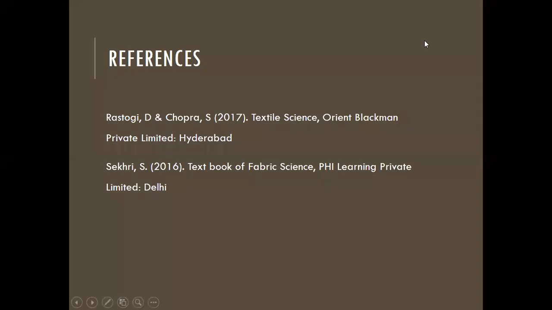Hence, to sum up, there are three styles of printing: direct, discharge, and resist, and one can easily distinguish between the three styles. In direct printing, the background is in light color and the print is of dark color, whereas in the case of discharge and resist styles of printing, the background is of dark color and the print is of light color.